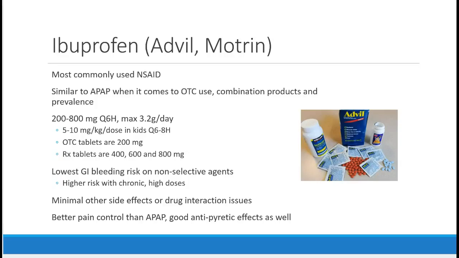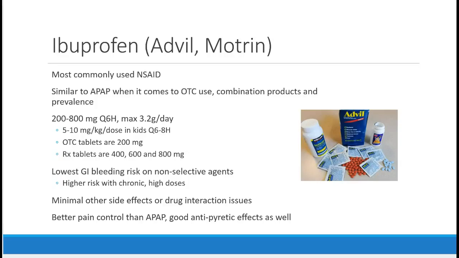Where I would see that dose used maybe is for osteoarthritis patients that have relatively healthy kidney function. That's a really high dose, though. Normally what you might see is like 800 milligrams 3 times a day as a high-end dose, and so approaching that 3.2 gram is pretty rare for most patients. The OTC tablets are 200 milligrams. So if you have a patient and you want them on a higher dose, just make sure they understand what the dosing is. They should take more tablets than what you